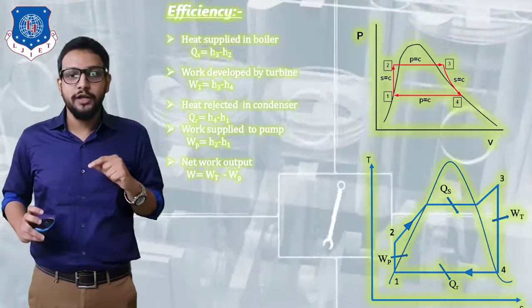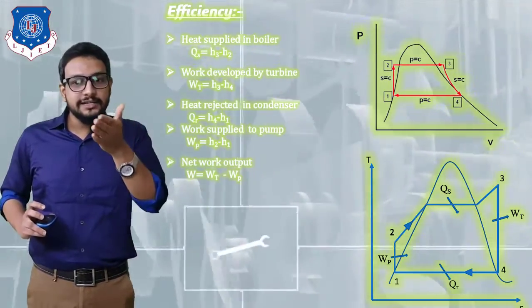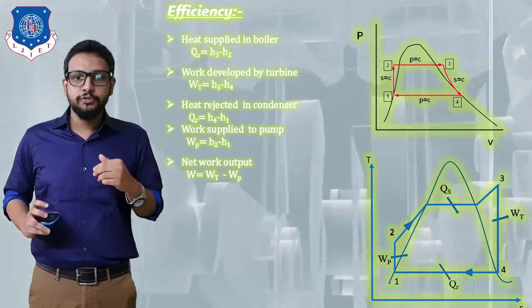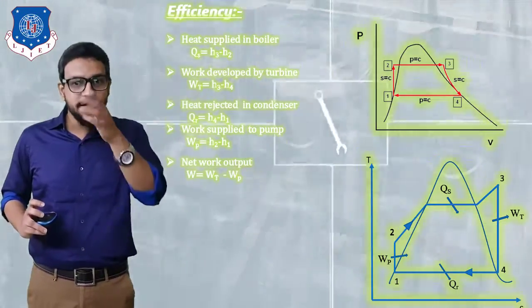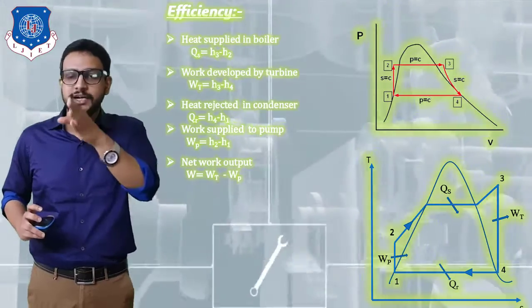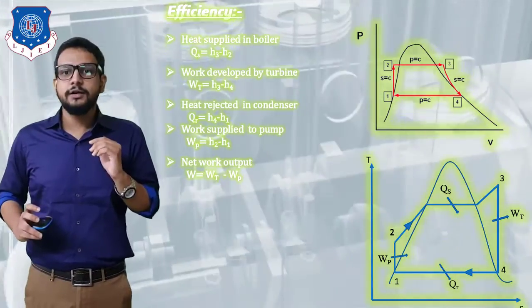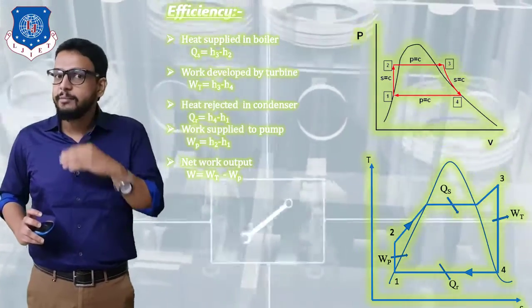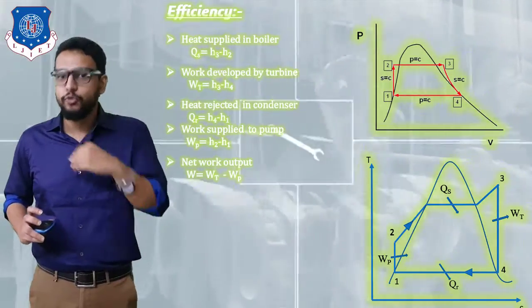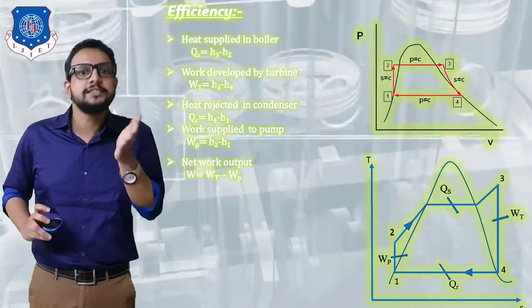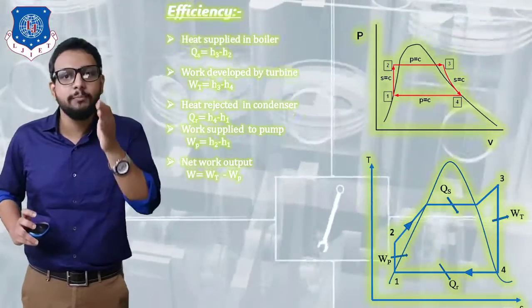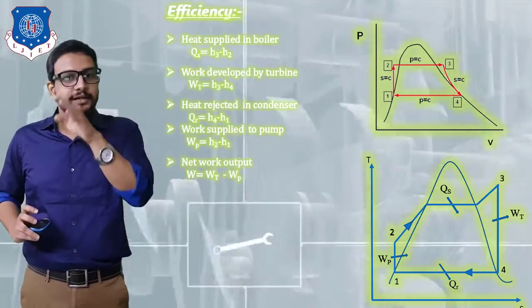I have written that. Okay, now heat rejected in a condenser is QR, as you can see on your screen. So QR is equal to H4 minus H1. So see the condenser process. It is from state 4 to state 1. But at which state will higher enthalpy be there? So we would say at point number 4, right? And at point number 1, since it is a condensation process, heat is rejected, so enthalpy will be lower at point number 1. So H4 minus H1.